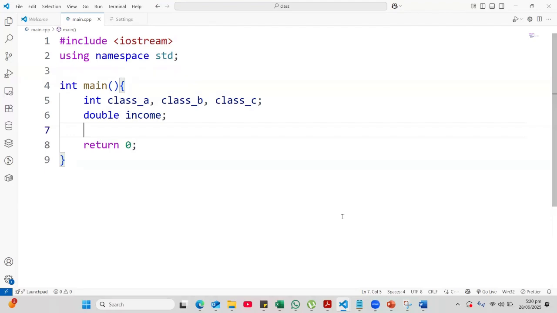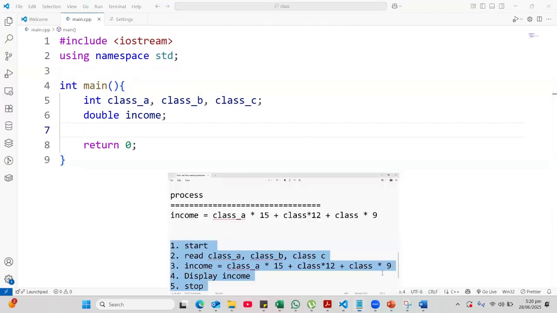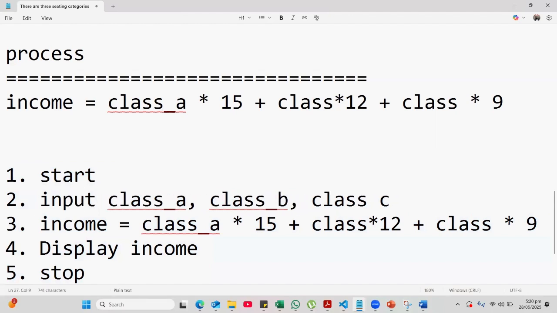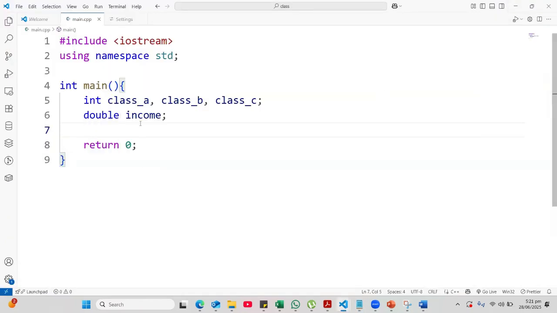Now, per our rules, we said we should read. Over here, the word could be ask. The word could be input. It doesn't really matter. At the end of the day, we are just telling you that here, the user has to put in this information. So remember what we said last week. If a user has to put in information, we need to ask and receive. So we will ask, cout,